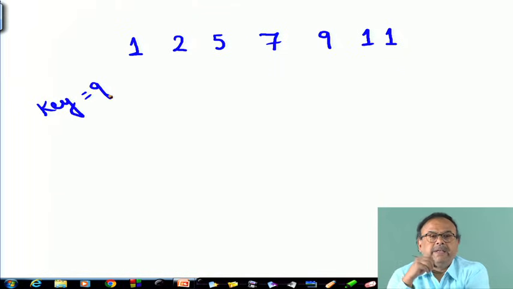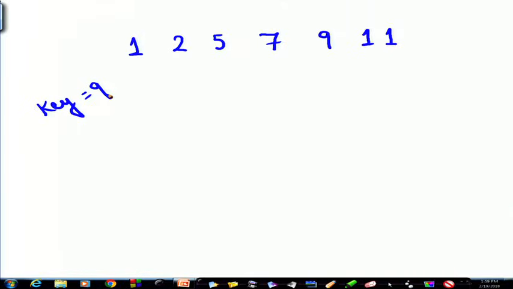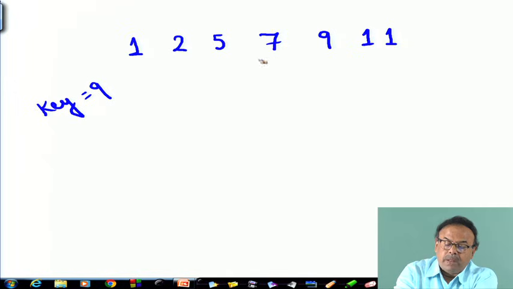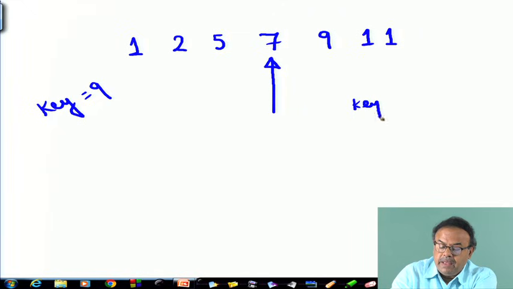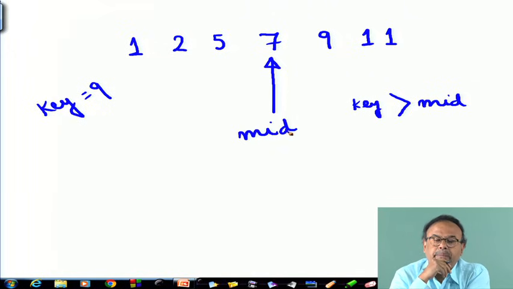I know that in linear search I needed 5 comparisons. What will happen here? I will come to the middle point here. I find that the key is greater than mid.